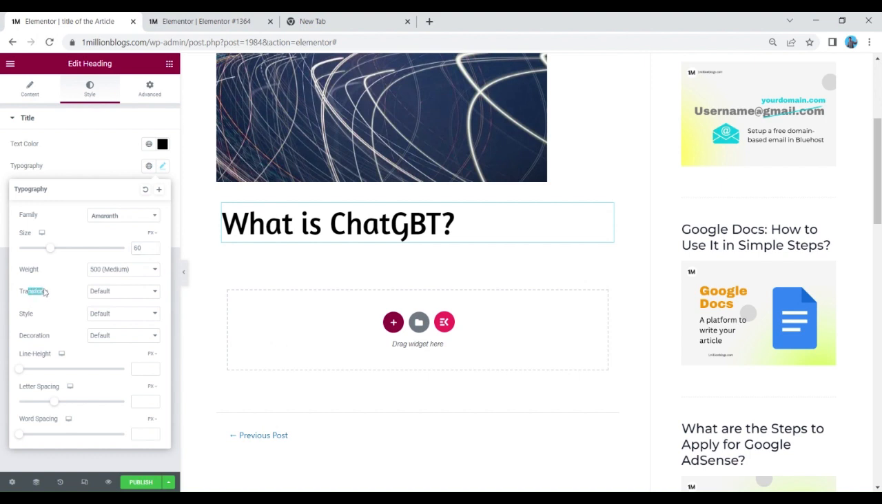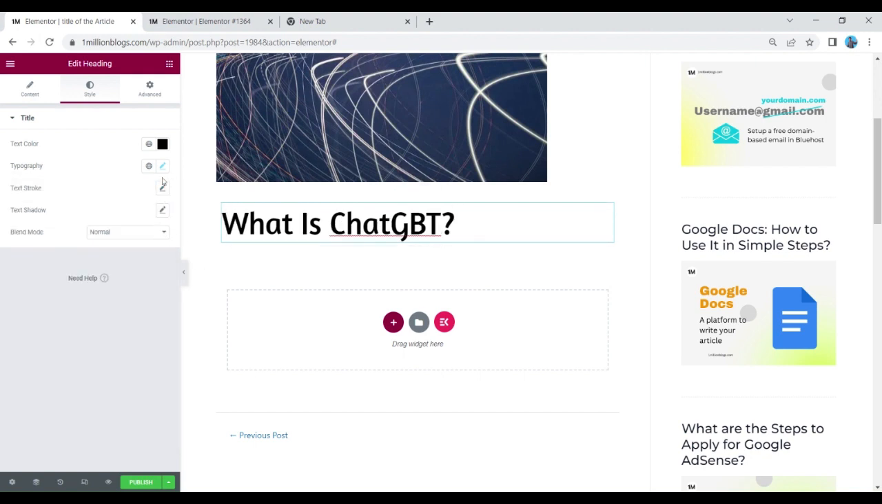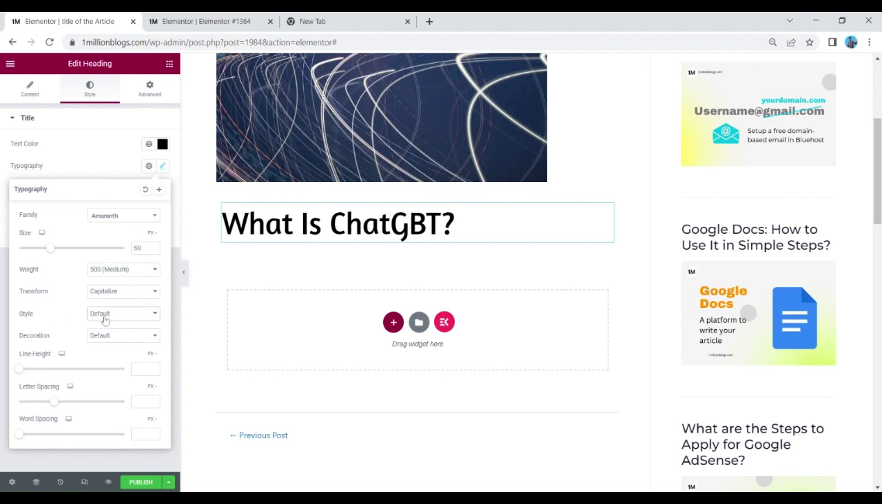The next part is transform. Basically here you can select uppercase, lowercase, capitalize and normal. Uppercase will make all the alphabets capital, lowercase will make all the characters small letters, and capitalize will make the first character of the word capital. Then we have style, which is all about italic and normal. Decoration where you can give underline, you can make a strike through and whatever decoration you want to